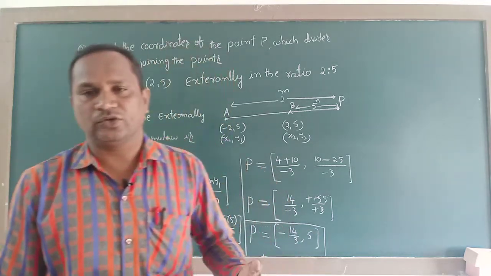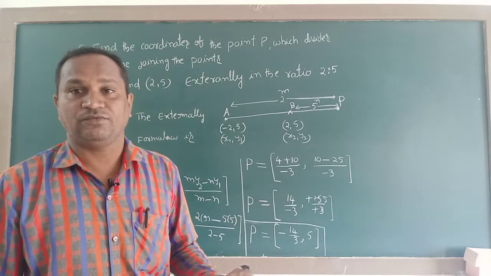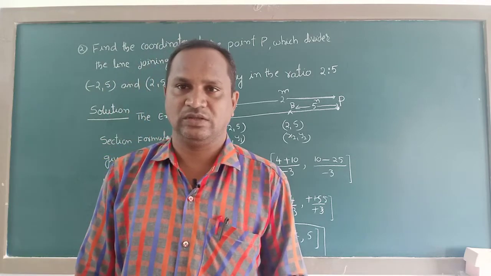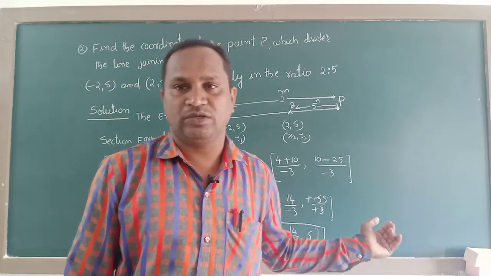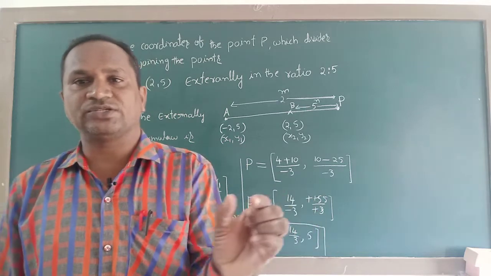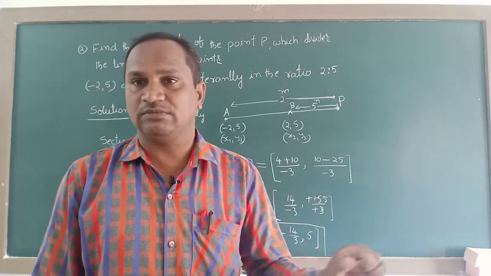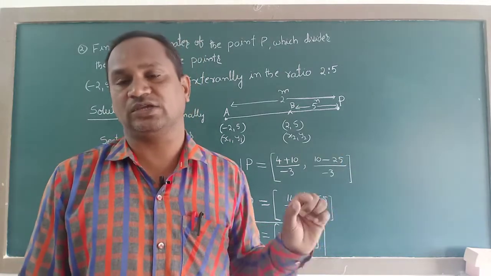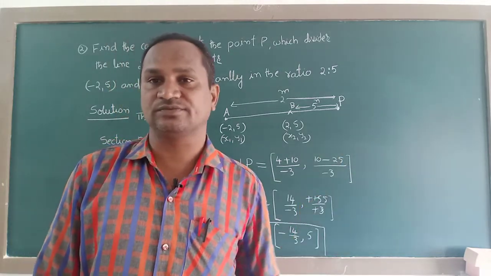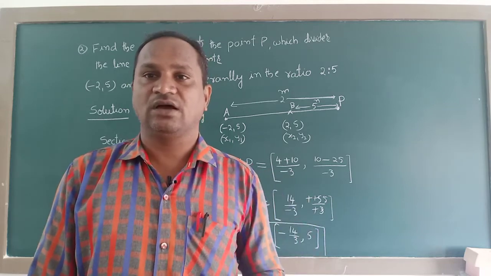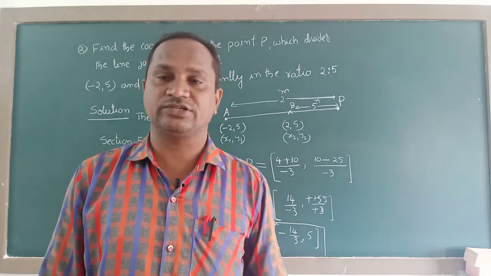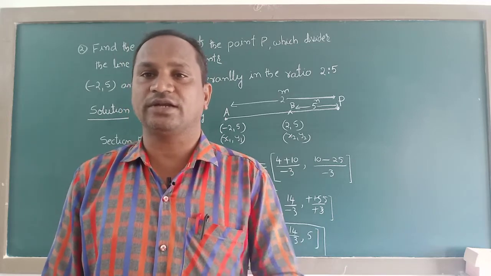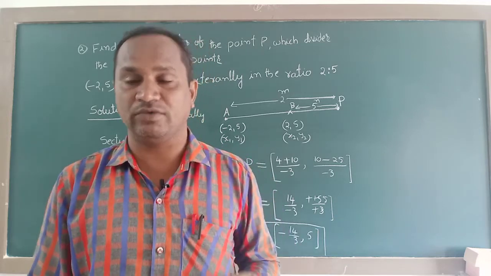Now let us solve another problem. If they give the division point, how do we find its ratio? In these two problems, for a line segment joining 2 points, they gave the ratio and also mentioned the formula, internal and external. But in the next questions, how do we find the ratio? They won't mention externally or internally, but we have to find the ratio. How, we'll discuss now.